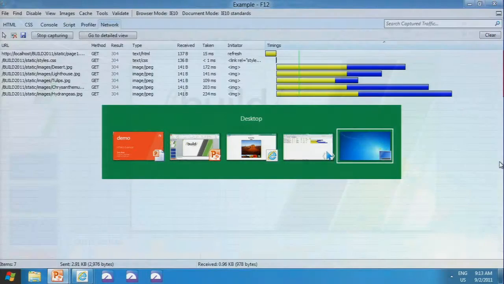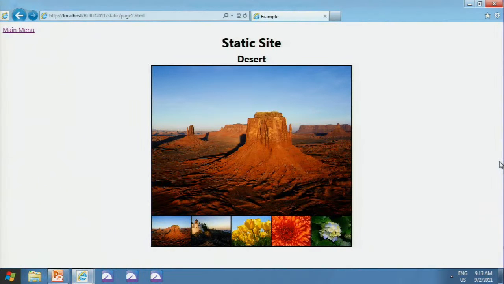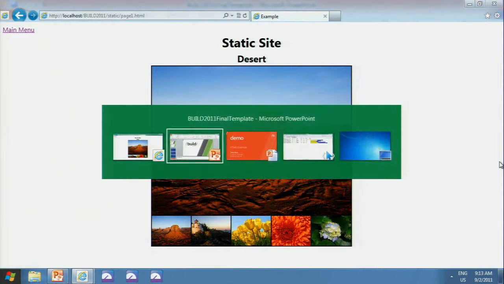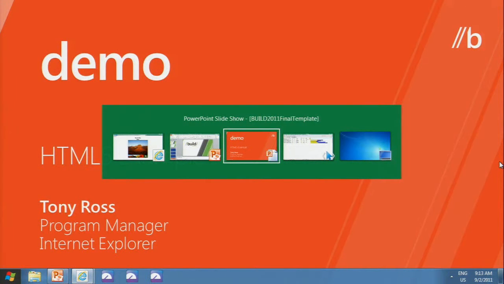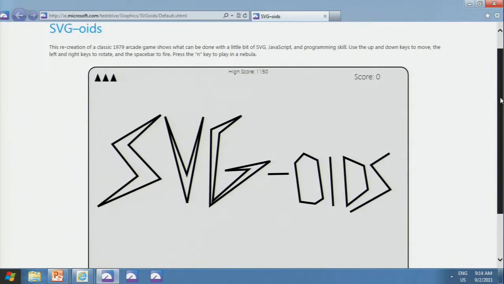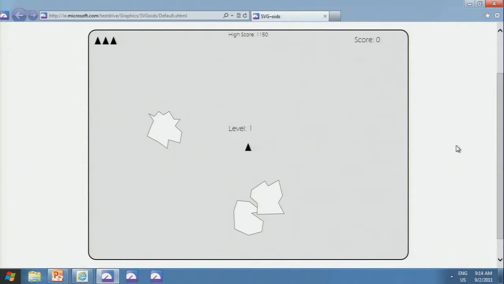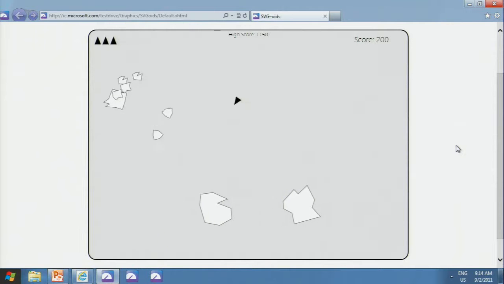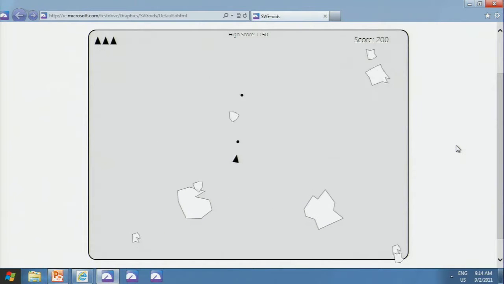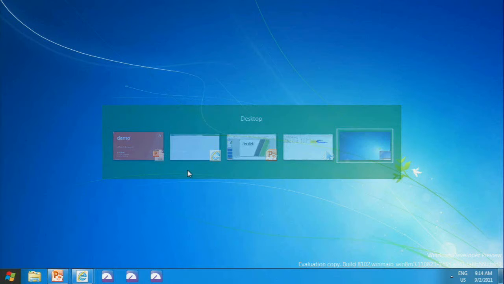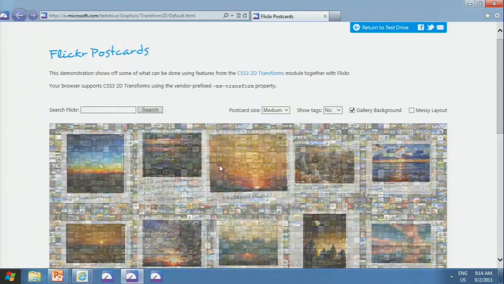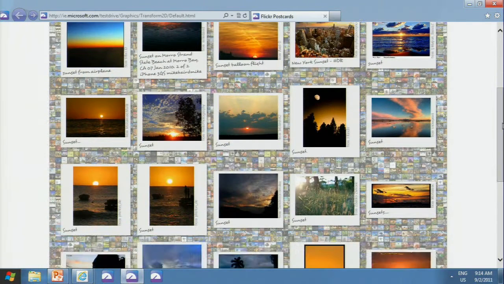So I'm going to switch over here. What I have here is a little bit of a game built using SVG in HTML5. It's something you might traditionally expect to see being done in Flash, but this is actually all done with HTML, JavaScript, and CSS. Another example that I have is kind of a rich photo experience, which starts by looking a